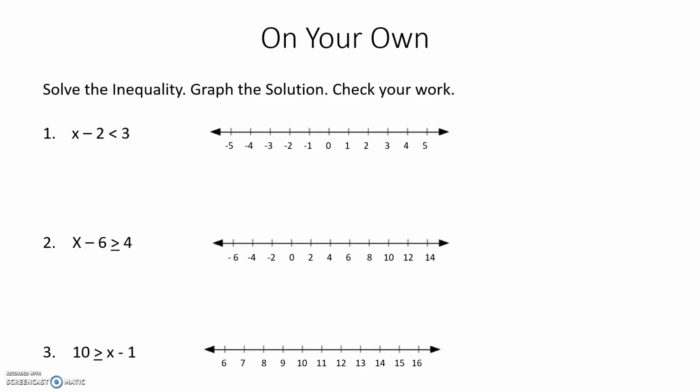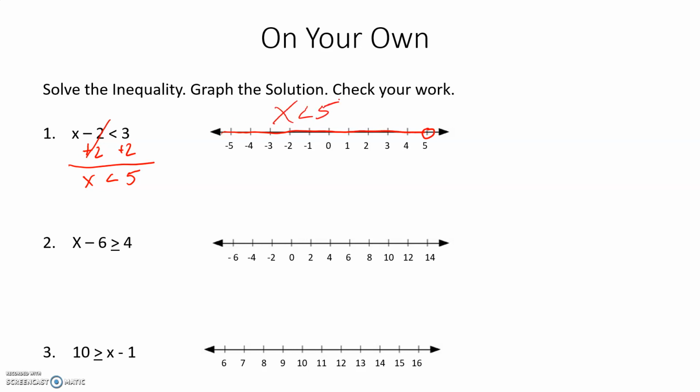All right, so let's go over this real quick. For number one, I'm going to add 2 to both sides because the inverse operation to take away 2 is adding 2. These cross each other out, and I'm left with x is less than 5. So I'm going to find 5, use an open circle because it's not included, and x is going to be less than